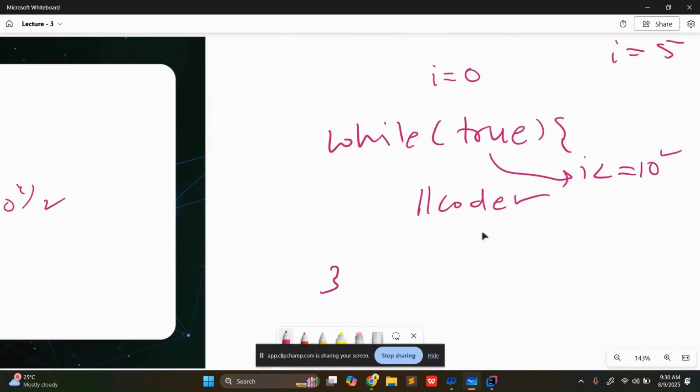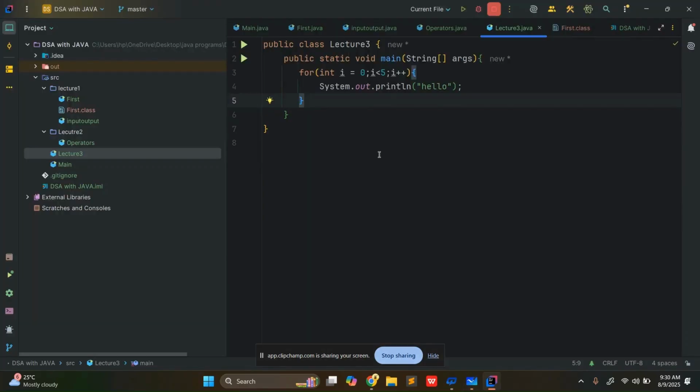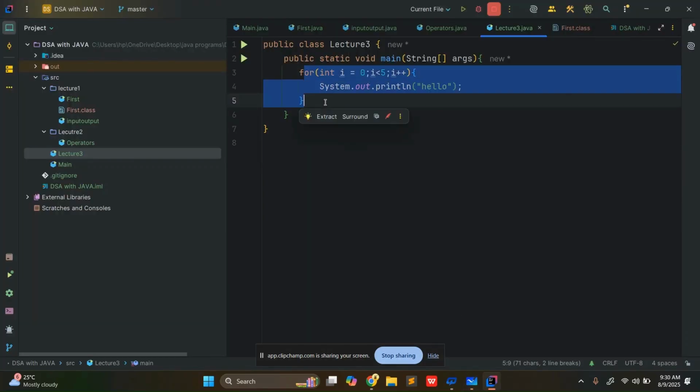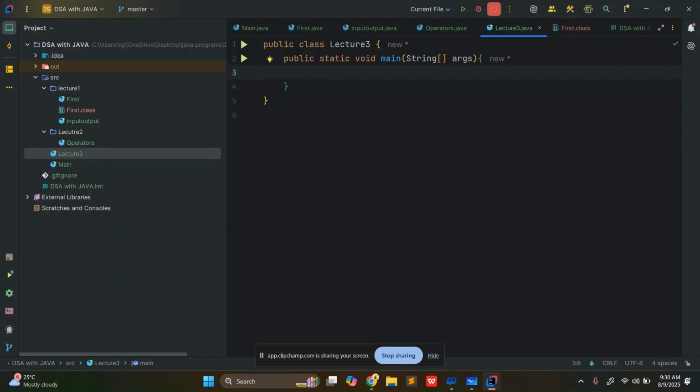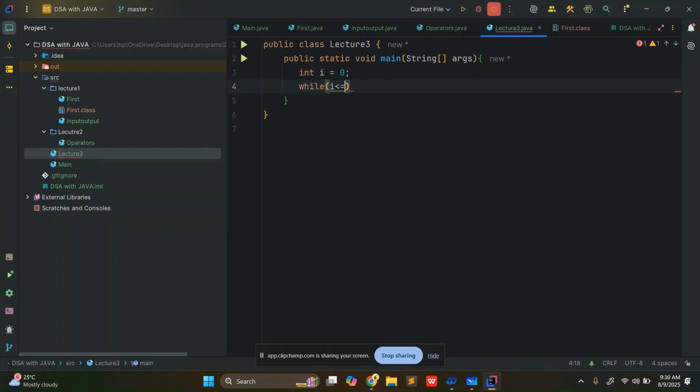So let's see some programs. We will write the same program using the while loop. Initially, we need int i equals 0. We have the initialization, and the condition i less than 5 means it will print 5 times. Let's say hello, and then you simply have